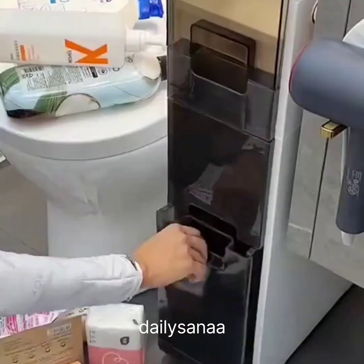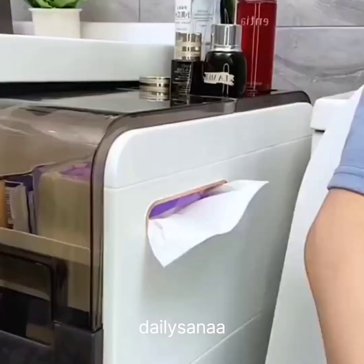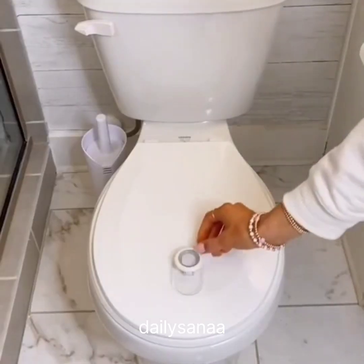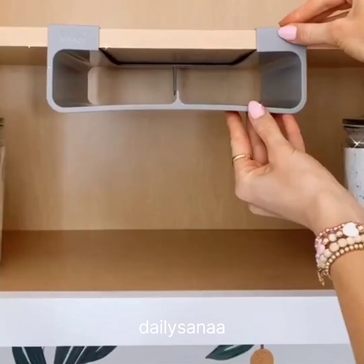Amazon laundry room favorites. First is this narrow 3-tier organizing rack, which is perfect for holding cleaning supplies and detergents and is small enough to fit in lots of tight spaces. If you don't like your hand touching the toilet seat to lift the lid, grab these rental-friendly lid lifters. It allows you to lift the seat on the outside instead,